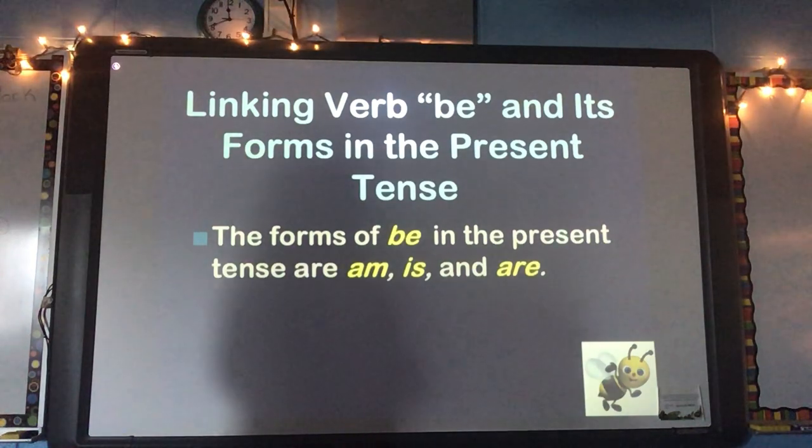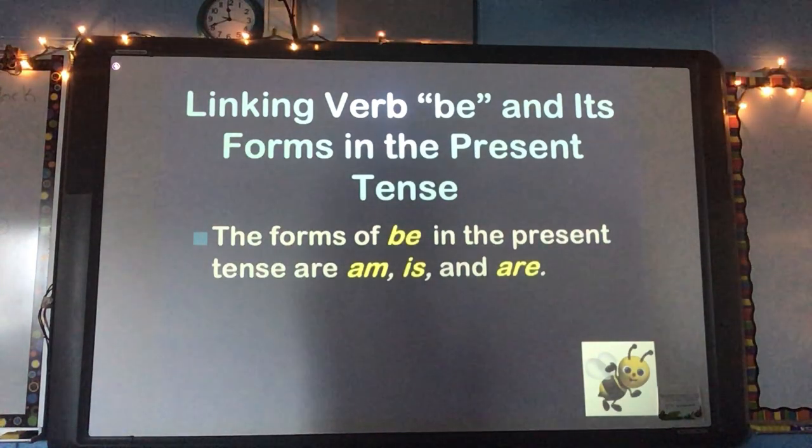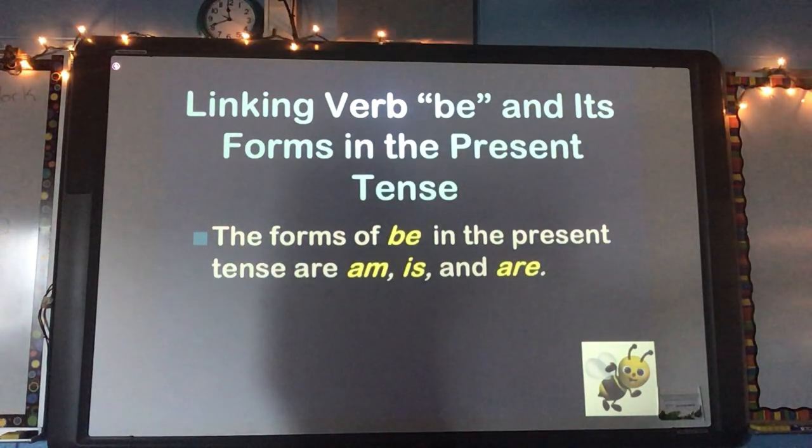What about the linking verb is? Who can give me an example with the linking verb is? My cat is giving itself a bath. My horse is good. He is being good.